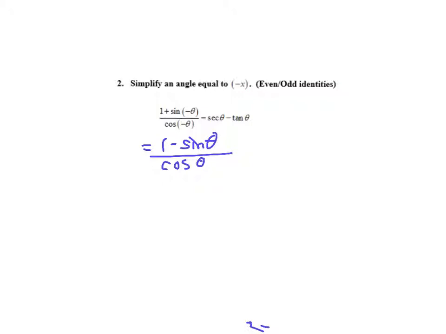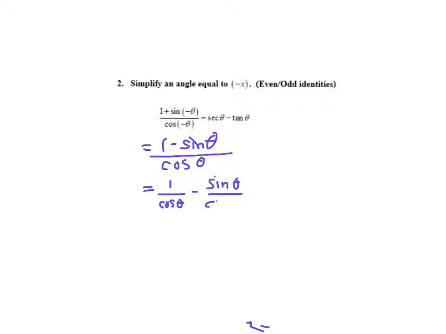Now, we're going to use a technique which we actually mention later on. When you have two terms in the numerator, but one term in the denominator, you could actually separate them into two fractions. And why am I thinking to do that? Because on the other side you have a subtraction, one thing minus another. So we need to split this into two things, and we'll have 1 over cosine of theta minus sine